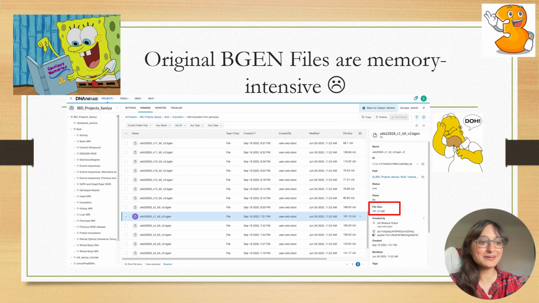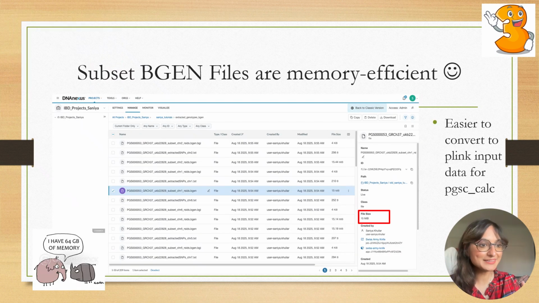And that's great because that's all really helpful data. But for our score, for this example, we don't care about the other variants. We really just care about our variants, those 21 variants that were determined in that research study on late Alzheimer's disease. So ultimately, our goal is to make those giant BGEN files down into these subset files